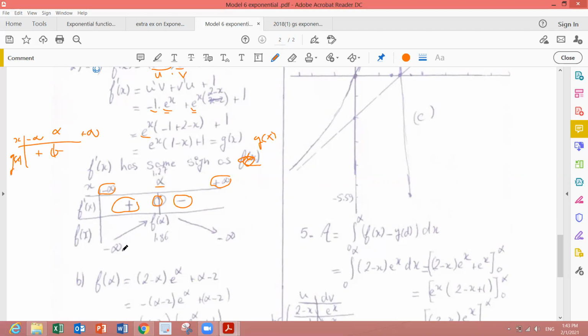At minus infinity the limit is minus infinity. At plus infinity the limit is minus infinity. This is f of alpha. Then we were given that alpha is 1.27. The f of alpha comes out to be 1.86. Whenever we need to draw